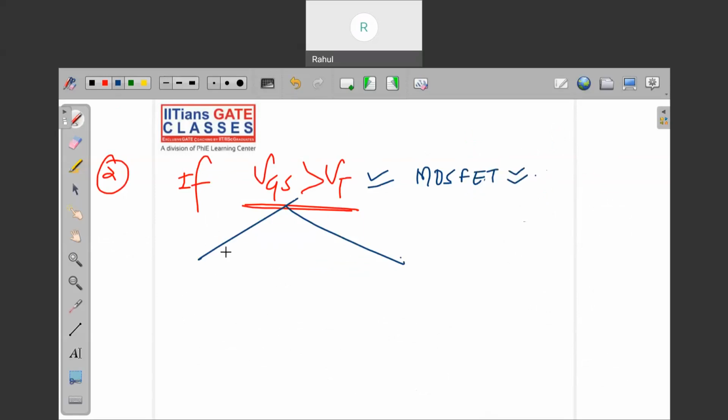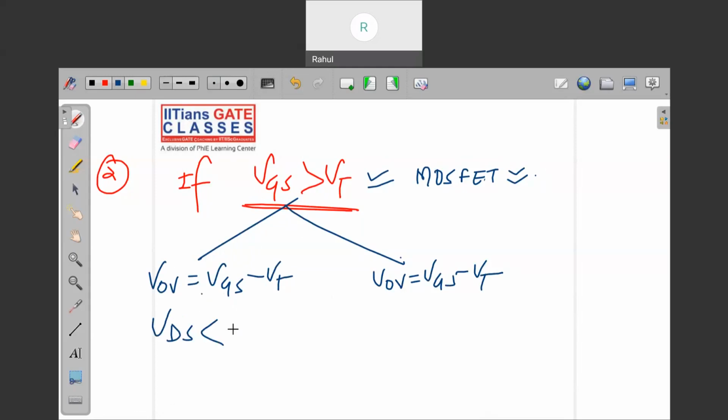But you need to find what? You need to compare the difference between this. Okay, the overdrive voltage will be what? Overdrive voltage will be VGS minus VT, right? And this VGS minus VT you have to compare with what? You have to compare if VDS is less than VGS minus VT, and if VDS is greater than VGS minus VT,